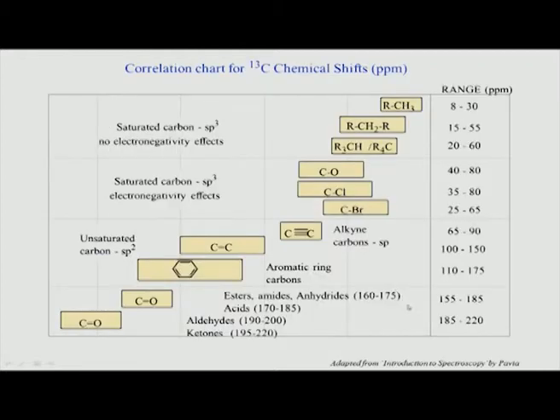Now look at the ranges of chemical shift which are observed. As I said, carbon has a very favorable frequency range. It goes all the way from almost 0 ppm to 220 ppm, and you can see that this big range is very attractive when carbon 13 spectroscopy is concerned. Let us look at these ranges as we go from top to bottom. In the top part of the spectrum, close to 0 to 30 ppm, you can include from 0 to 30 here.